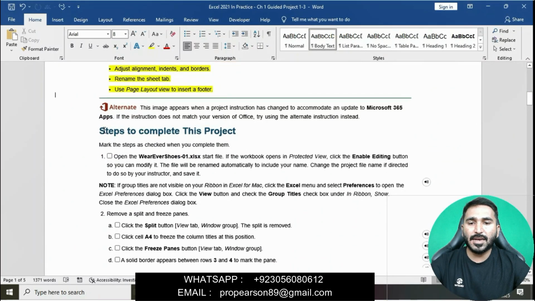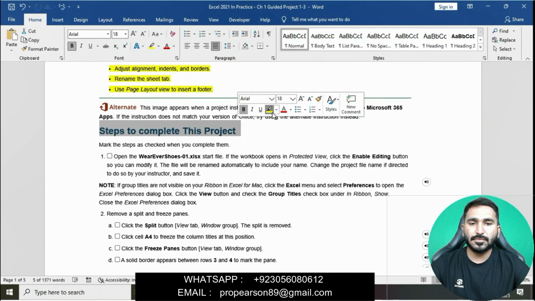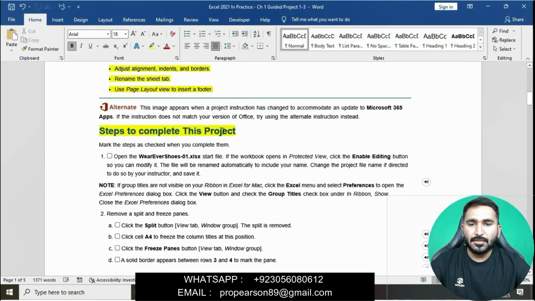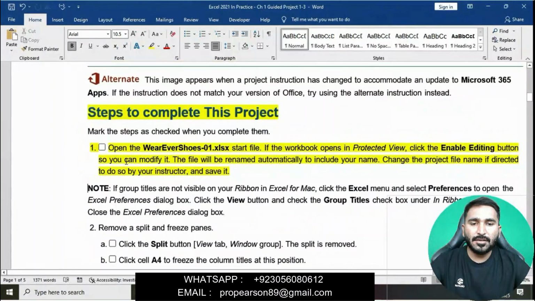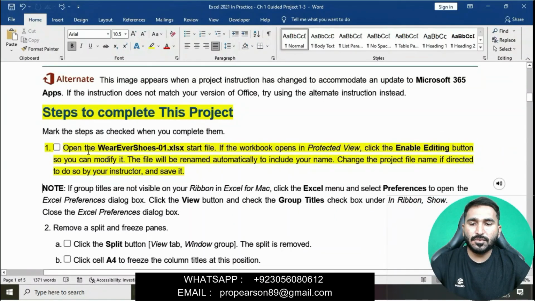Question number 1 is to open the Wherever Shoes 1 Excel start file. If the workbook opens in protected view, click the Enable Editing button so you can modify it.